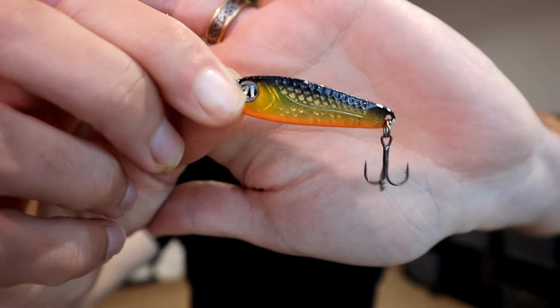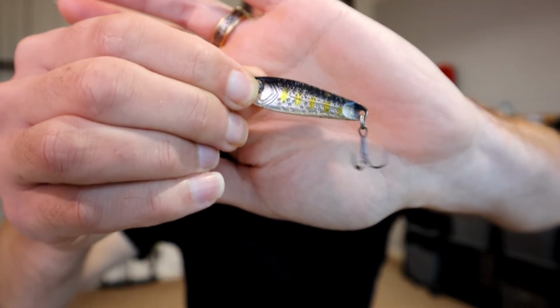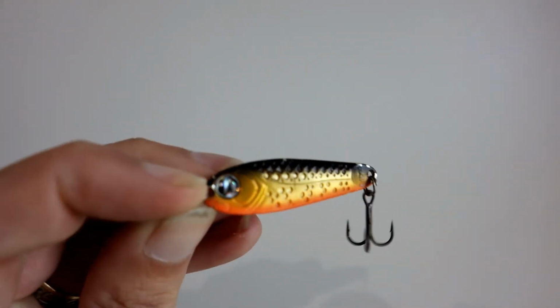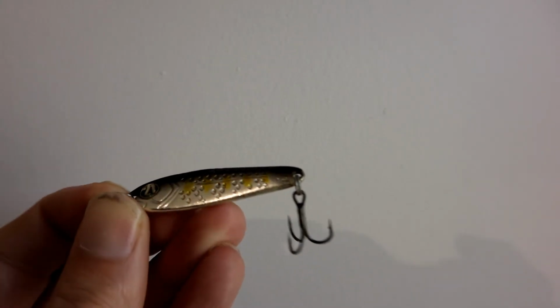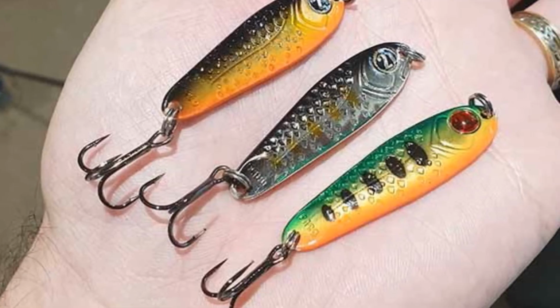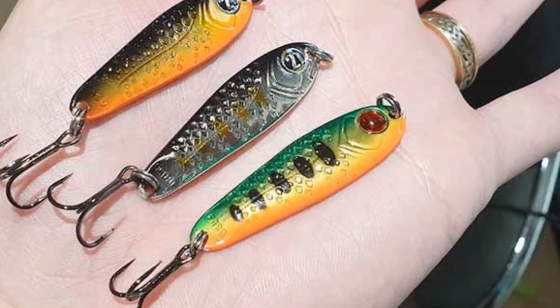And finally, you've got the Pontoon 21 Paco spoons like that, and also like some other colors like this. Now for several years I've considered these spoons to be one of the best lures for targeting redfin and trout. They come in two different sizes. You have the 45mm long version which weighs 10.5 grams, and you have the larger 54mm version which weighs 14 grams. There's 10 different colors, but the great thing about these spoons is that at 10.5 grams and 14 grams, a bit like the Wasabi spoon, they cast an absolute mile, and they come in nice bright shiny colors